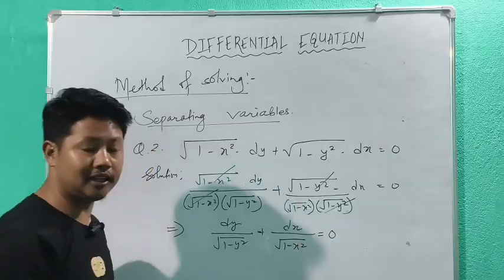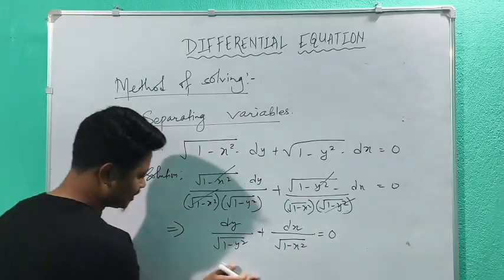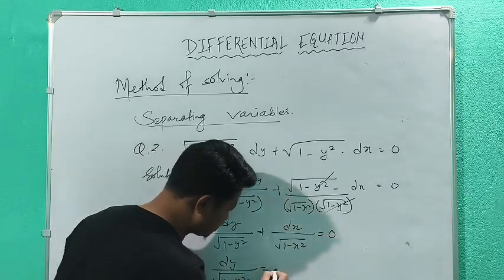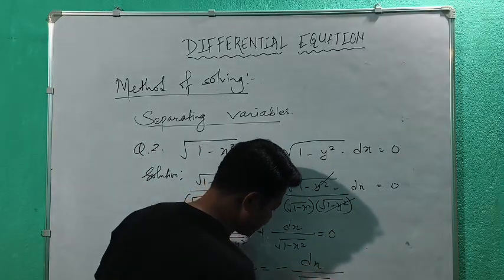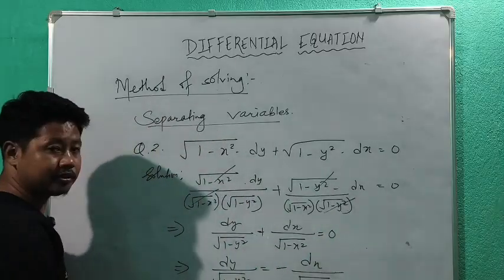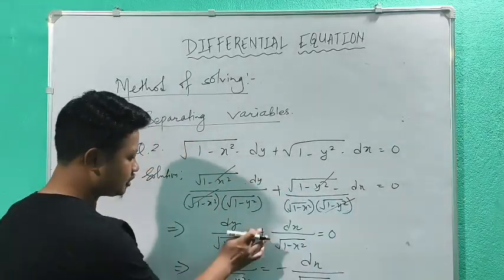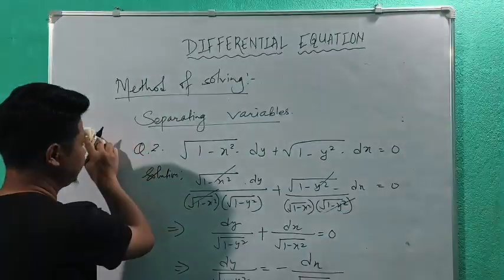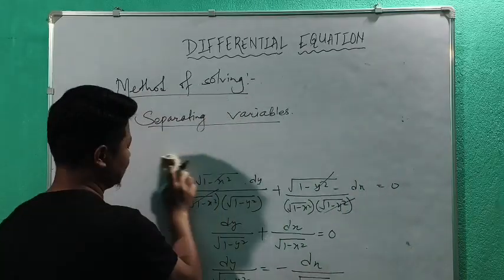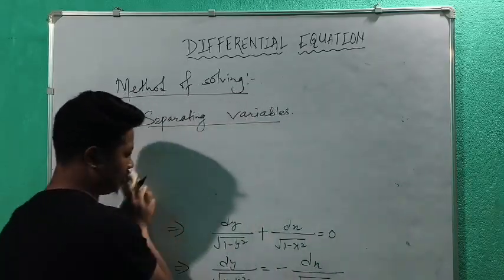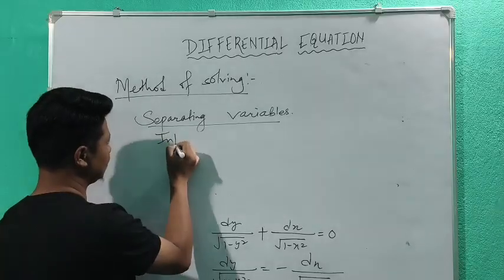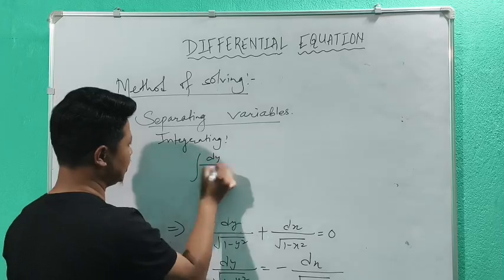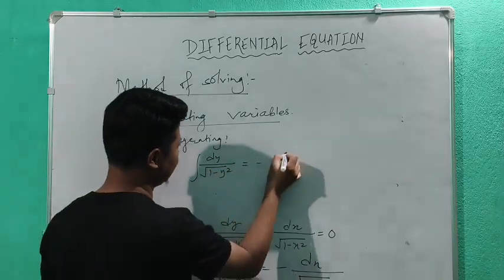So I hope now it is very easy to solve. Let us integrate this. Before we integrate, let us take this one variable to the other side, that is the right hand side. So when you take it to the right hand side, we must change the sign. So take care about this sign. So this is plus, now it will be minus because you are taking it to the right. Okay, now integrating. So integrating will give me,